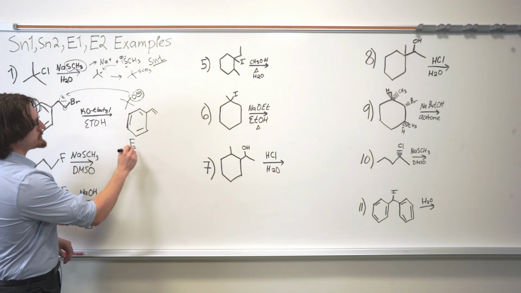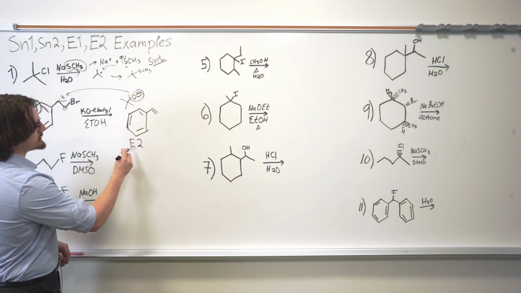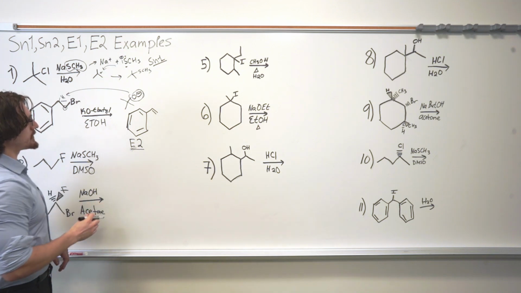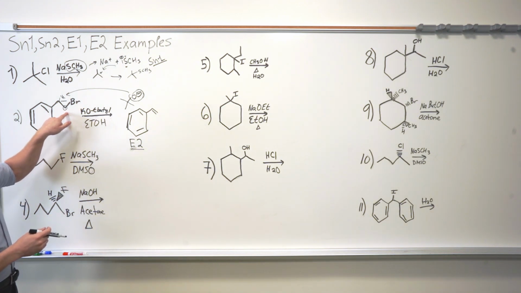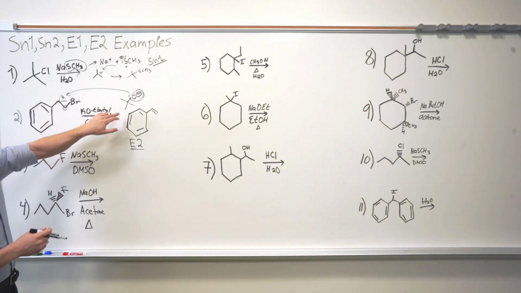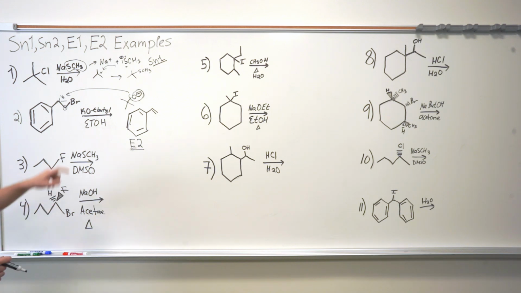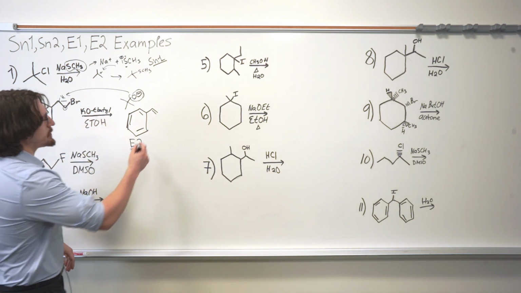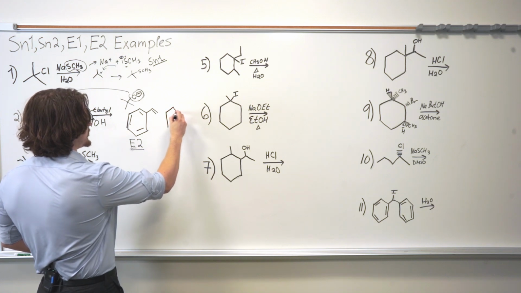And so most likely, given just the facts of the situation, this is going to be the dominant product. Now, the thing is that this is still going to be a primary carbon. So even with a bulky base, primary carbons are just very conducive to Sn2. So you will actually have some appreciable amount of Sn2 product, which in this case would probably look something like,